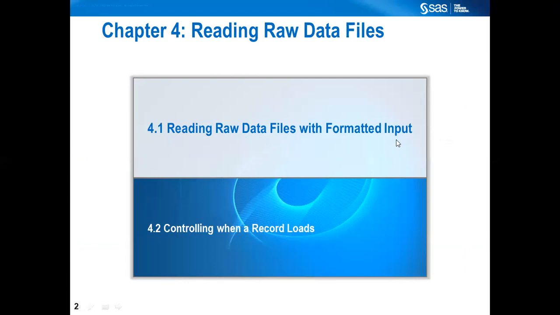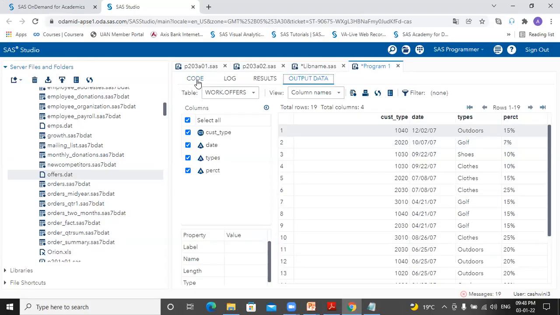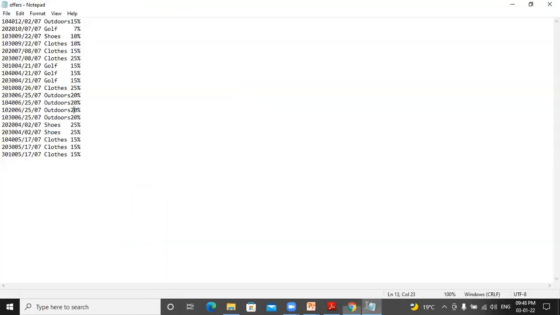Now, what does formatted input mean? It means we give instructions to SAS to read these values in the format in which they are saved in the raw file, so that SAS will read in this format and save it as numeric values. Same goes here. Understood now? If you see this properly, this is month, day and year.